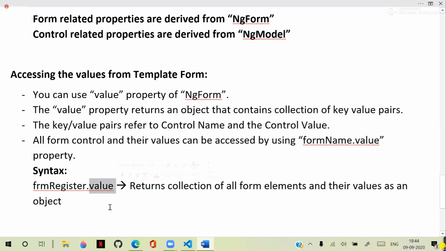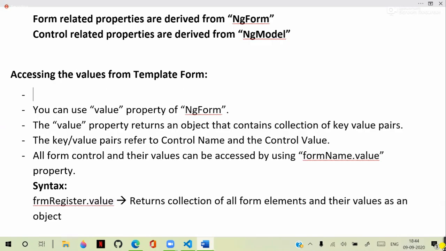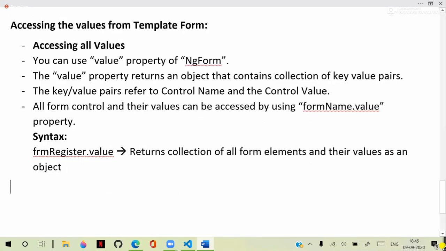If you want to access any specific element related properties, that is a different thing. So this is for accessing all values. It is for accessing all the values. There is another technique actually. So the technique is